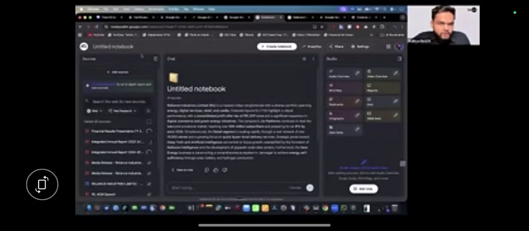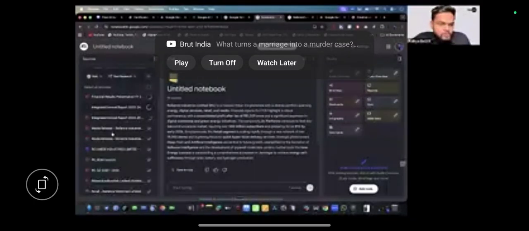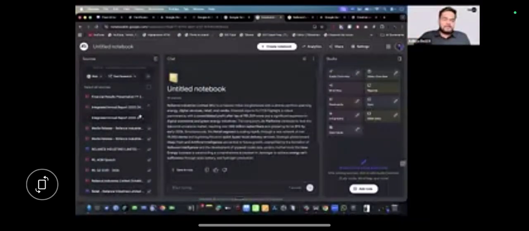So now once you have uploaded all of these documents here, you can chat with the documents, and it will be giving you answers only based on whatever is in these documents. It won't be giving you answers from the internet. It will be just giving you answers from whatever is there in these documents, right? So I'll just give this prompt.